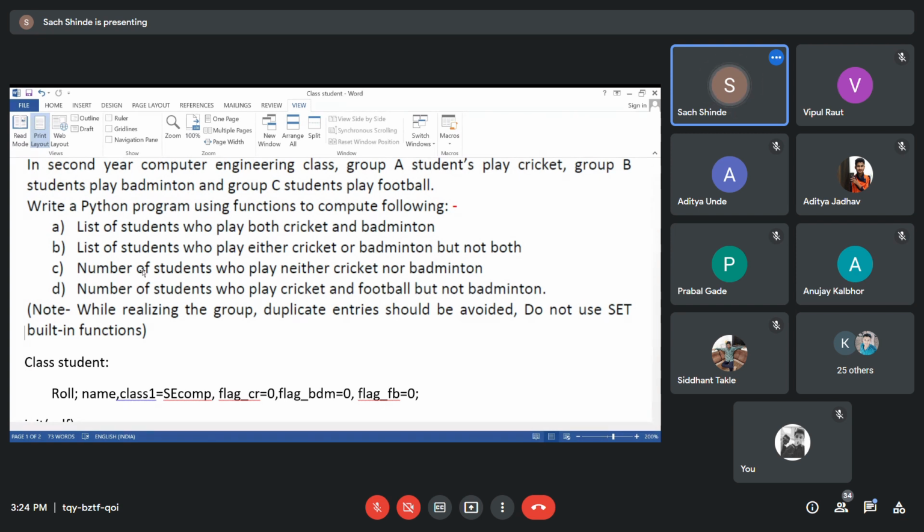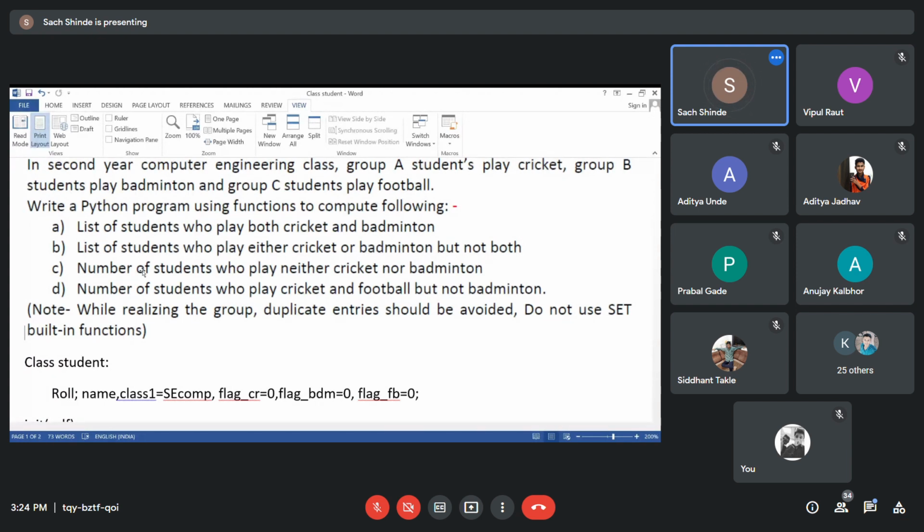So you have to remove the duplicate values from the matching of cricket and football, and that list will be compared with the badminton list, and we get the output as the count of the students who are playing cricket and football but not playing badminton.